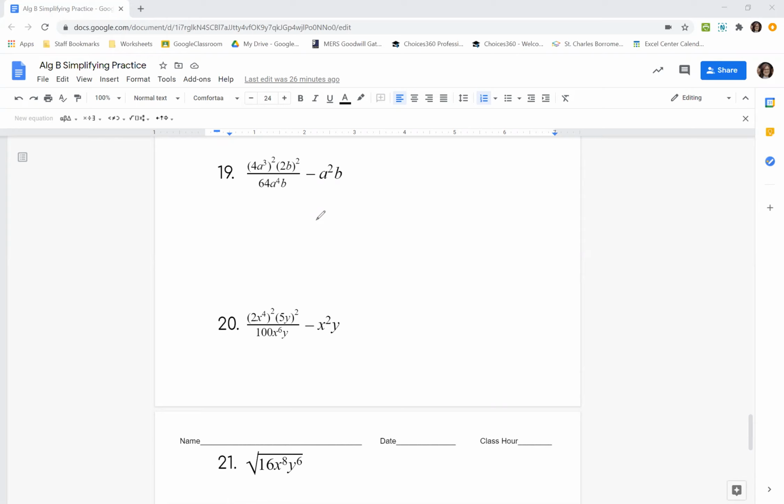That top looks pretty messy. I've got exponents and I have multiplying. So let's take care of the exponents. I'm going to say 4a cubed squared. So 4 squared is 16. A cubed raised to the 2nd is going to be a to the 6th. Multiply those exponents. Then we have times, I'll just write a little times now. 2 squared is 4 and b squared is b squared. All divided by 64. A to the 4th,